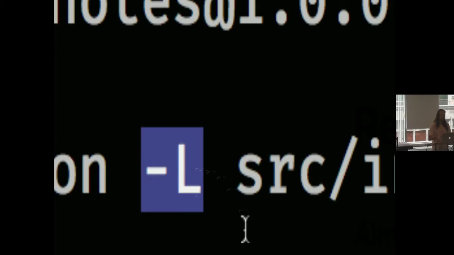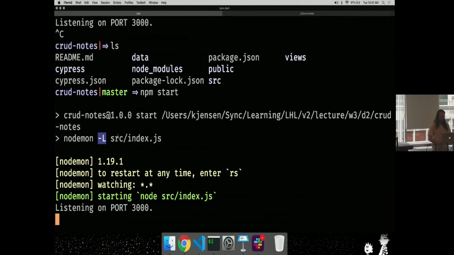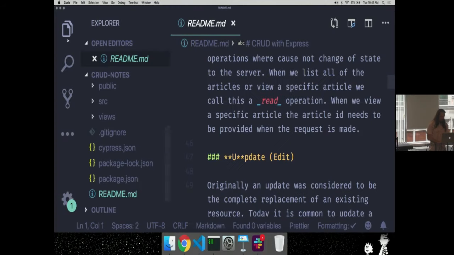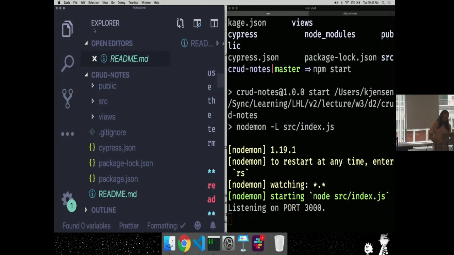This is not required for me to run it, but it is required to run it using the virtual machine. So if you're using Vagrant to create a virtual machine, then you would use -L for legacy polling mode to enable legacy polling. This is able to see that you've made changes to a file dynamically, and then just refreshes once you save it. I'll show you quickly what that looks like.